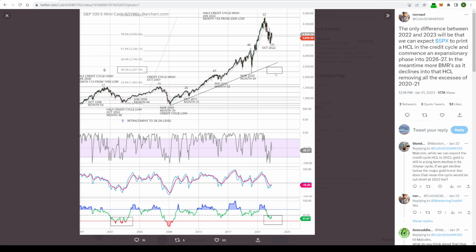I'm not sure I agree 100% with this, but 2022, 2023, the SPX will print a half cycle low on the credit cycle. Now that I can understand, as these credit cycles run about 22 years and they make half cycle lows and half cycle highs. Now the last credit cycle low was March 2009, and now we're into month